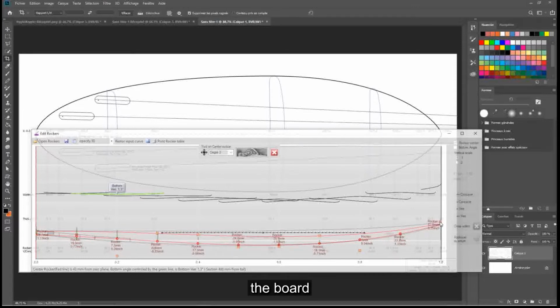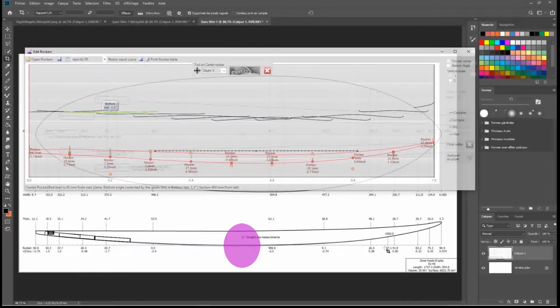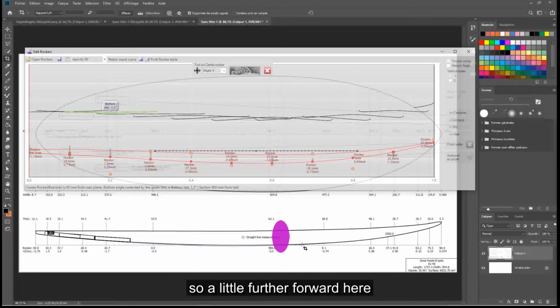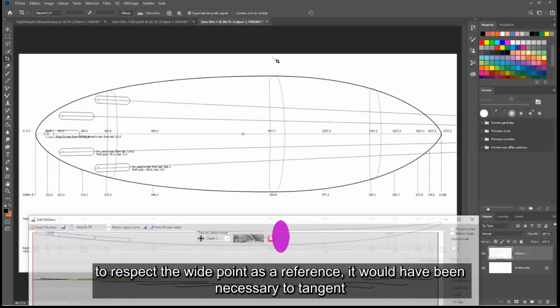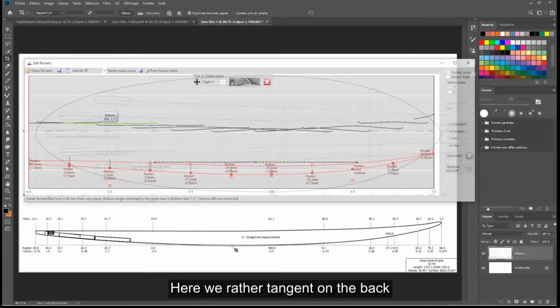In this plan, the board is placed on the center of the board. While in theory a rocker is measured relative to the wide point, so a little further forward here, to respect the wide point as a reference, it would have been necessary to tangent the bottom of the board at the wide point. Here we rather tangent on the back.